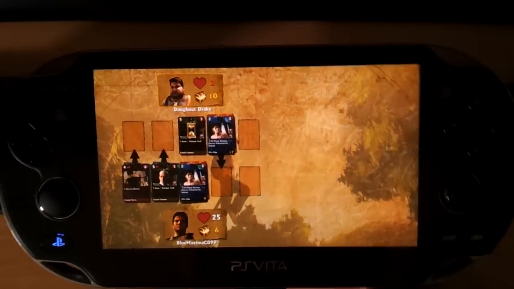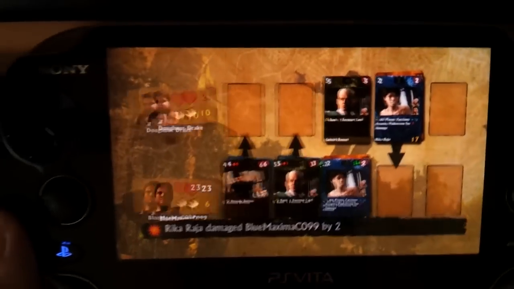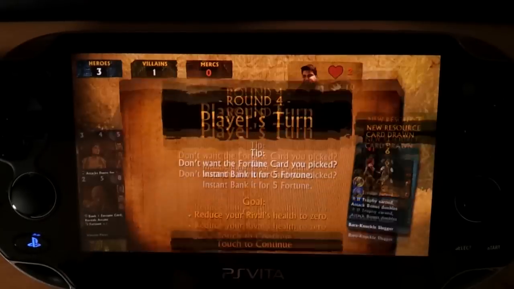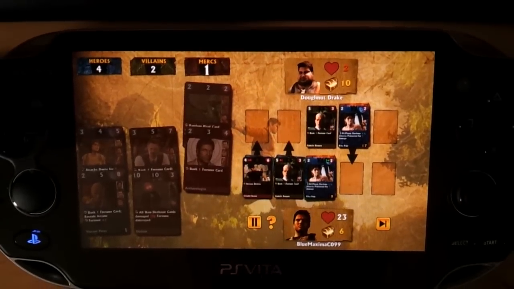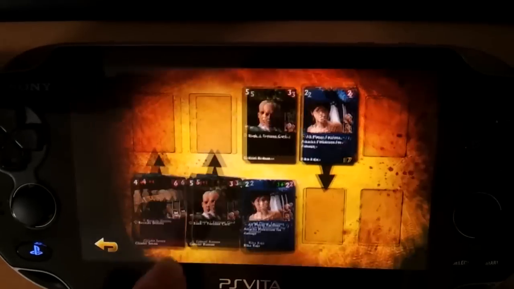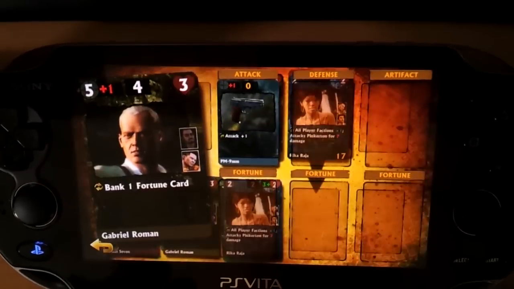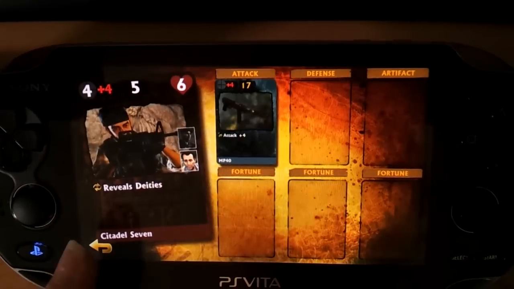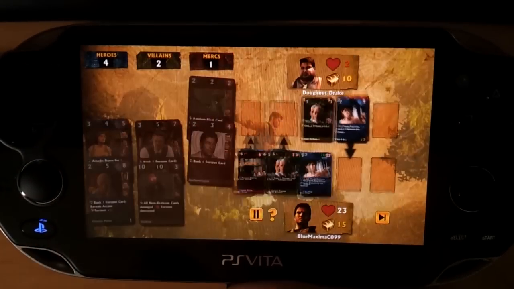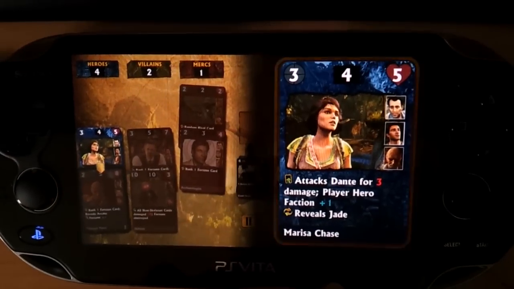So he's just taking his turn. And I get attacked for about 2 health points, but it's not much to worry about, is it? Alright, yep, thanks to my Gabriel Roman's effect, I banked that card automatically. This guy here reveals deities, which is basically just a type of fortune, so you can see it. Let's see. Well, I can spawn